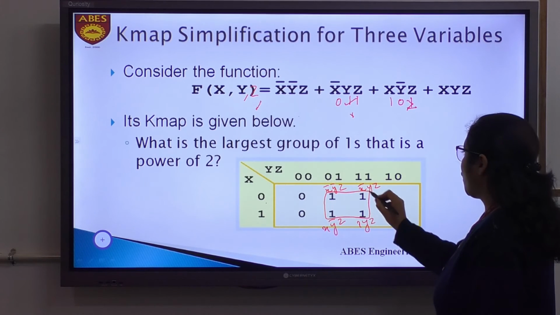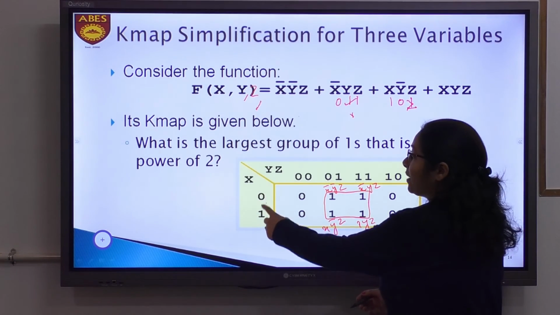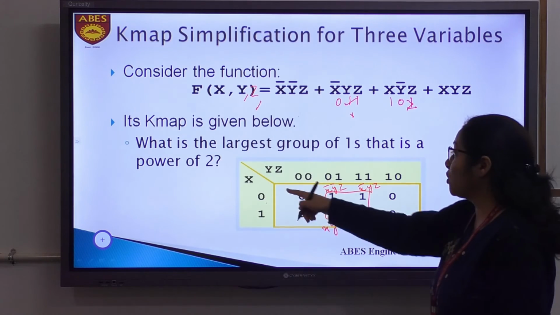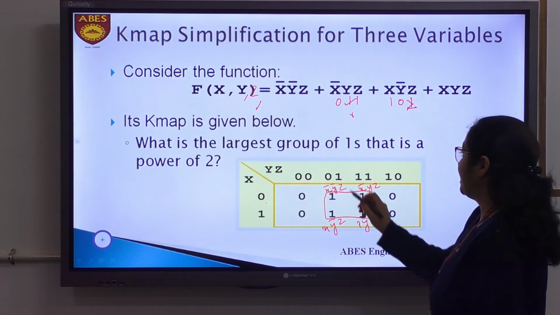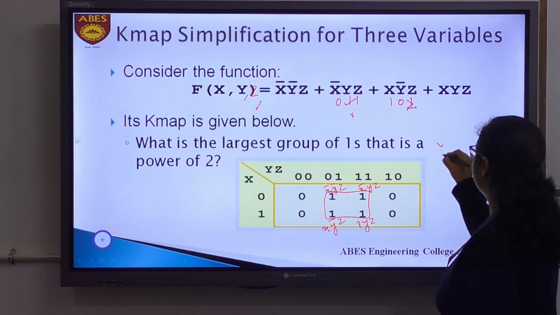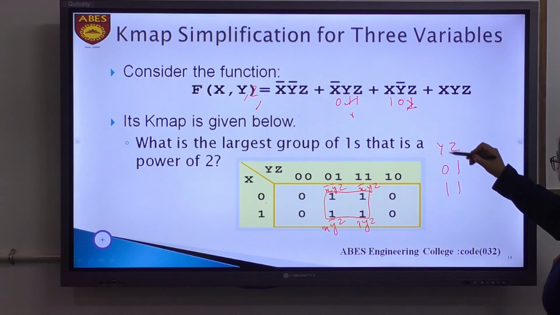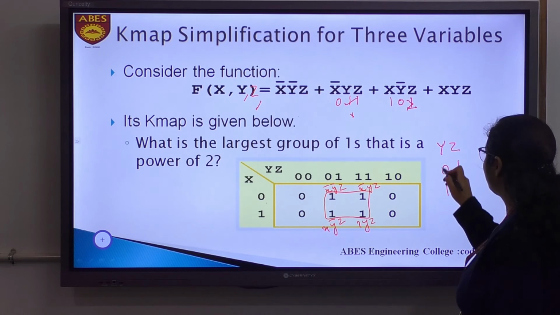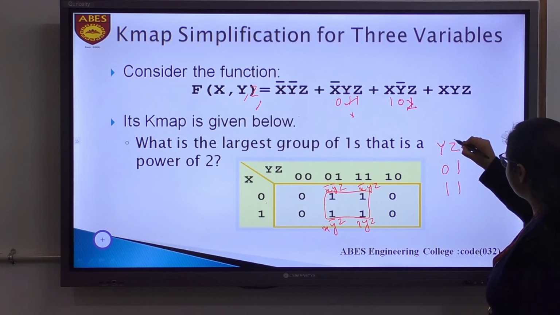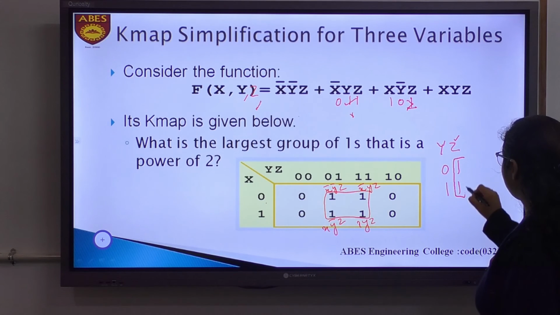So how do we solve this grouping? See here, the value of x is 0 and 1. It is changing. It is not fixed, so we cannot take x. Now we can see the value of yz. Here yz has values 0, 1 and 1, 1. Here again the y variable is also not fixed. It is changing. It is 0 or 1. So we are not sure which value we have to take. But as we see z here, z is fixed in both the cases.